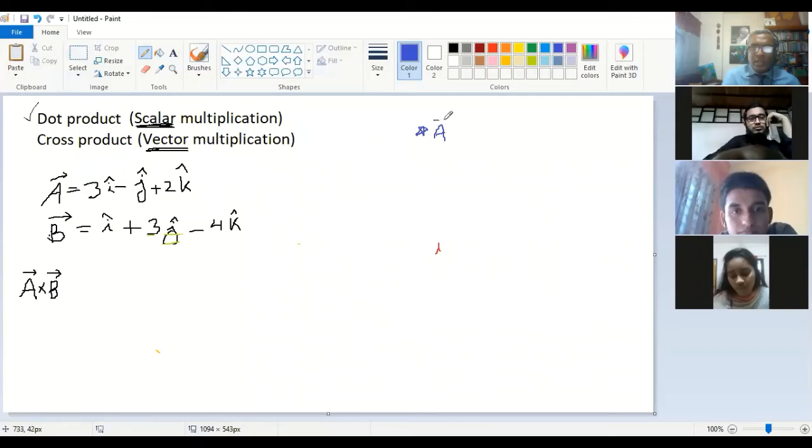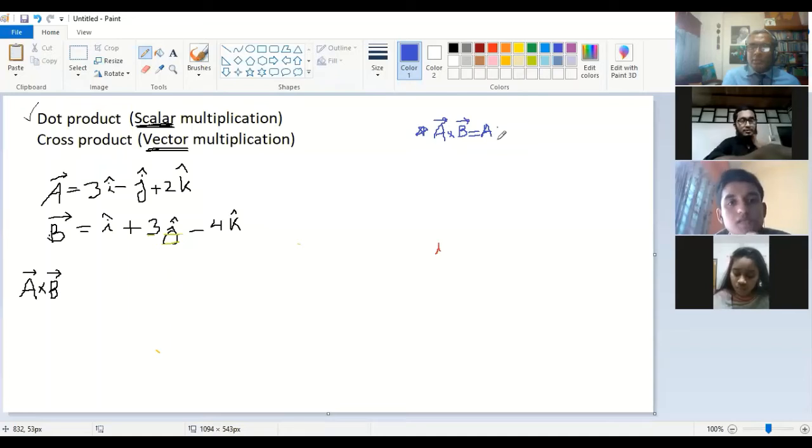One vector is A, another vector is B, and I'm using cross product. On the right side, you will write A value. If you write only A without any vector symbol, that is also okay. So you can write A and then B, one after another, or you can write with the vertical line. Then you will use sine, in this case sine alpha.